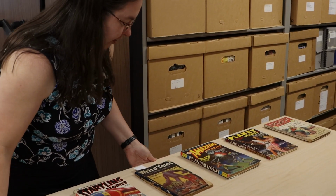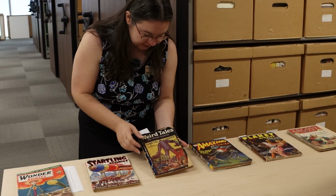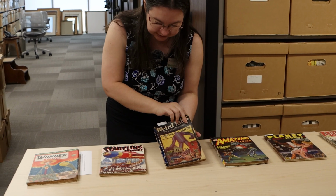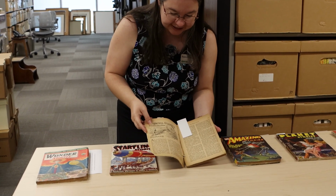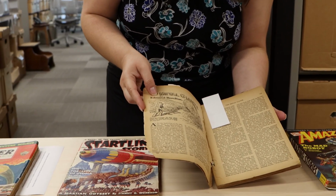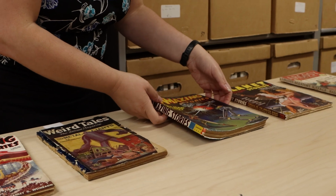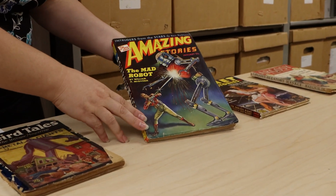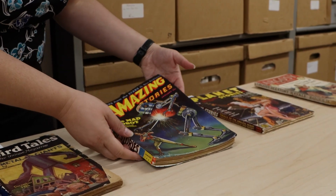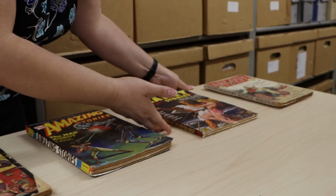Another author that we have in our collection is Ed Hamilton, whose papers we hold, and this is from his story, The Metal Giants. I love this block illustration. You can see its little head, and the illustration inside is actually pretty similar, but it's got this giant metal wheel that's rolling. I didn't have anything specifically inside of this one. I just think its cover is amazing. So cool. And you can see covers like these in those Jack Williamson short stories